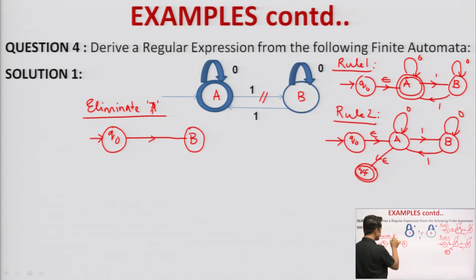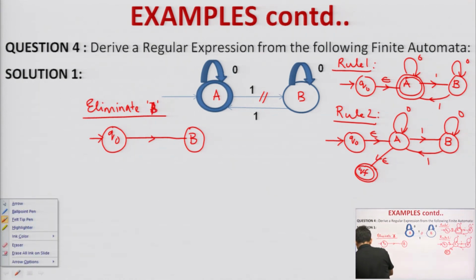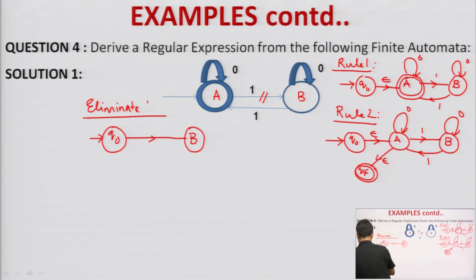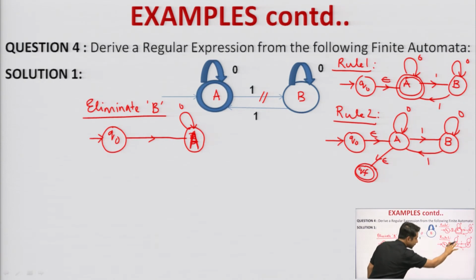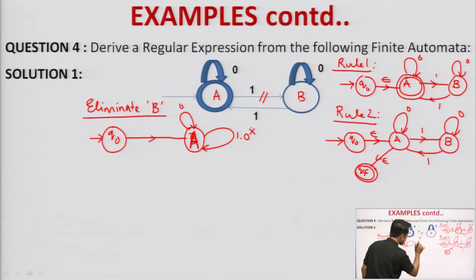So, that is why I have shown it to you first of all. Therefore, I will try to eliminate B first. If I eliminate B first, then this transition will remain as it is. A is already having a self loop of 0. If I eliminate B, then this is acting like a self loop, so it will be another self loop, and this self loop will comprise 1 dot 0 star dot 1. This kind of working I have already done, right.